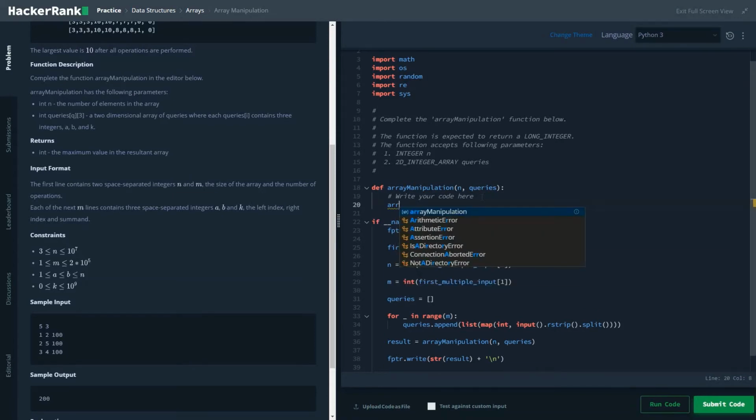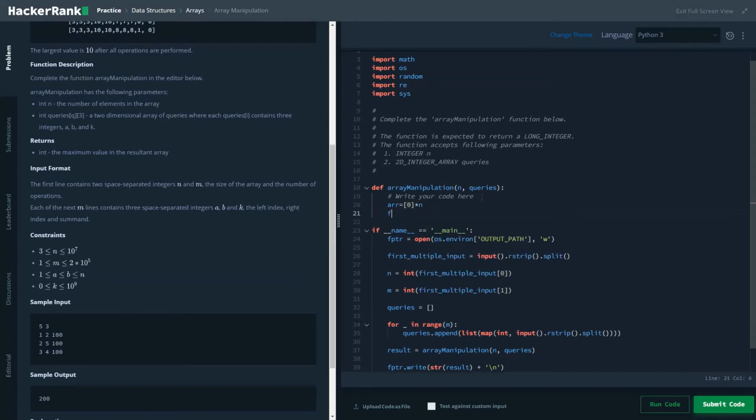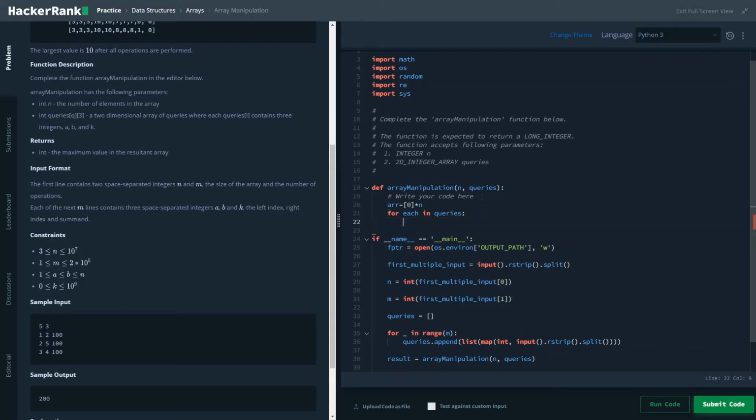The first thing is that we have to initialize the array as 0 times n. Once the array is initialized, we would write a loop for each in queries: arr of each of 0, and in Python, as I told you, the indexes basically start from 0, so you have to minus 1, plus equal to